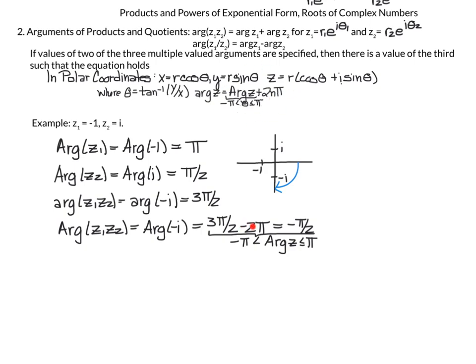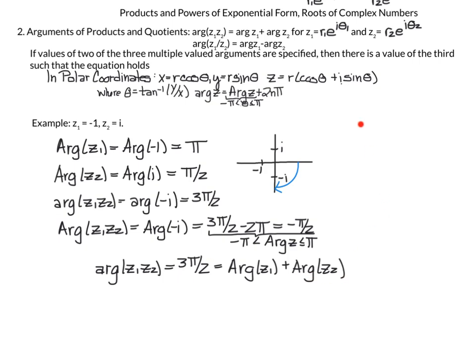So let's try subtracting 2 pi. The positive direction is this way, so the negative direction is clockwise. If we're here at 3 pi over 2 and then go clockwise 2 pi, you can see we end up at the same point. So 3 pi over 2 minus 2 pi will give us our negative pi over 2. What you have then is arg of z1 times z2 is equal to 3 pi over 2, which is